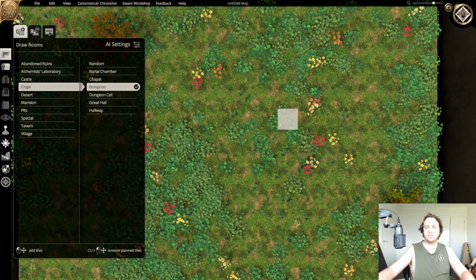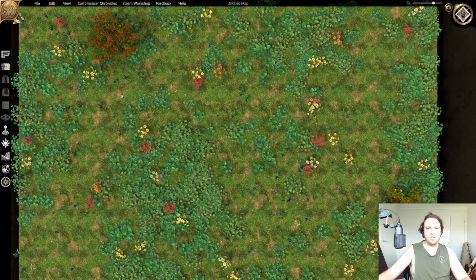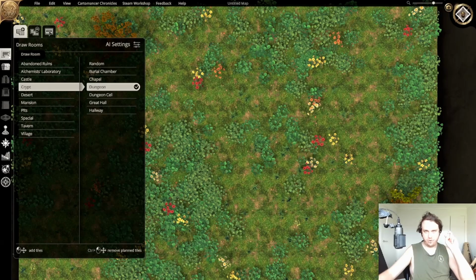This is a program called Dungeon Alchemist, which is on Steam. The cool thing about Dungeon Alchemist is that it uses quote-unquote AI to generate rooms and stuff, which is pretty cool. I actually have my first session for my campaign, which I've had to delay due to